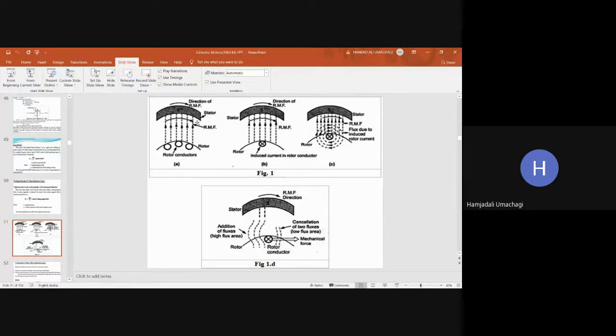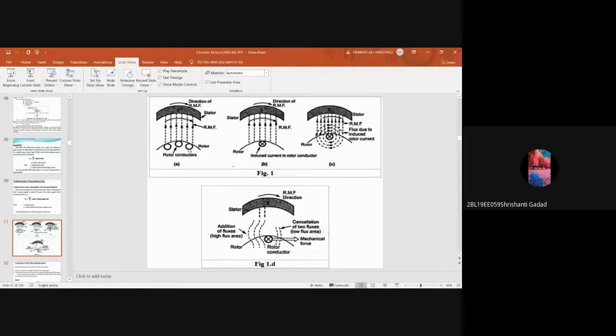What is the motor principle? Whenever a current carrying conductor is placed under the influence of a magnetic field, the conductor experiences a mechanical force. Yes or no? So here, the current carrying conductors are nothing but the rotor armature conductors. They are placed under the influence of the rotating magnetic field given by the stator conductors, and because of that, the armature conductors will experience a force. There are many armature conductors wound onto this rotor, so the rotor will start to move. The rotor experiences the mechanical force, and because of that, the rotor of the induction motor will start to rotate. Is it clear?